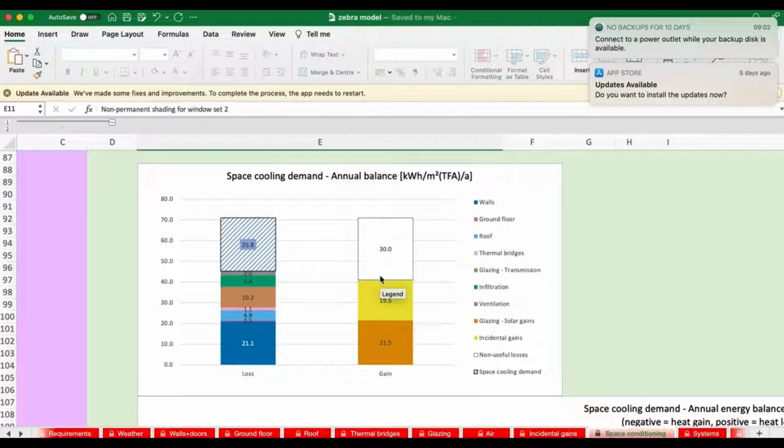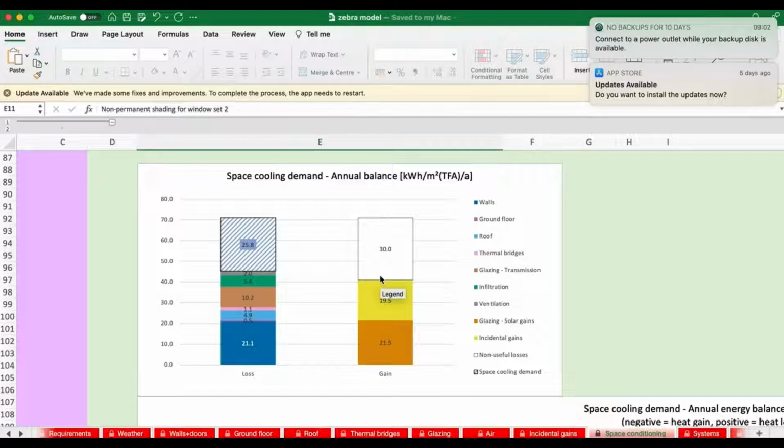For the cooling calculation and the heating calculation, there's a lot packed into that, and you've got to be quite logical about it and think, what is Zebra trying to tell me? How does Zebra work? And we've written another document on this for those that want to look a little bit more into the detail of what these numbers really mean.